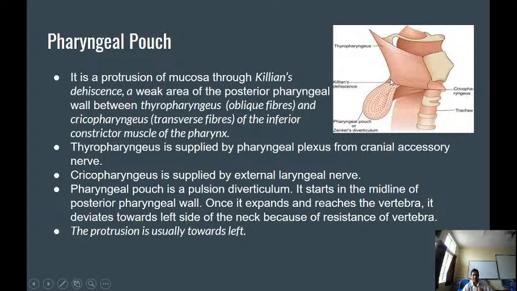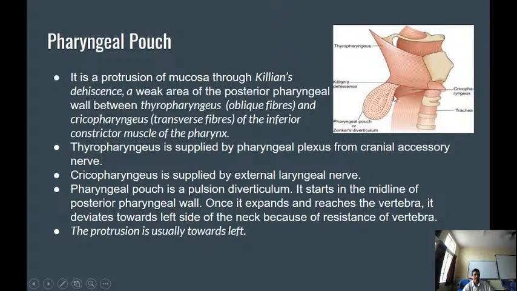The weak space between the thyropharyngeus muscle and cricopharyngeus muscle is called Killian's dehiscence. Okay, the weakness is called Killian's dehiscence, and the herniation of the mucosal pharynx is called